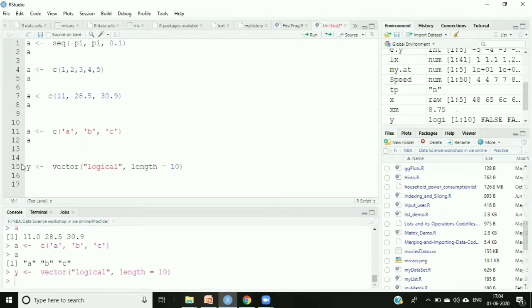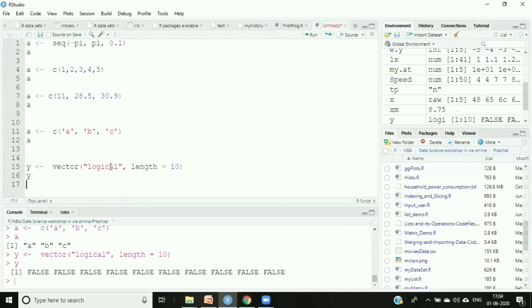So enter, and now check the value of y. So logical I mentioned, so logical, that means what? True and false, it will give me. And what I mentioned, the length should be what? 10, right? So it has given me 10 values of that particular logical thing.